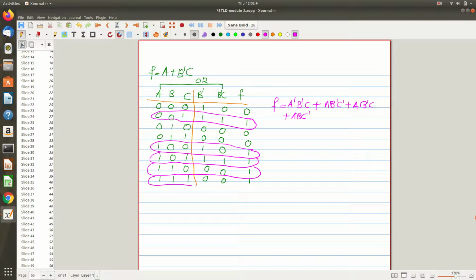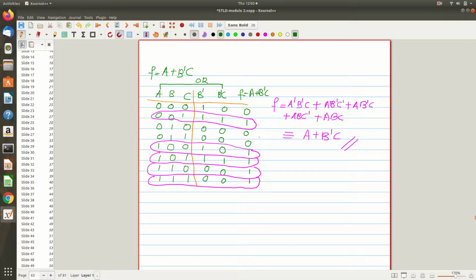Now the last case: you can see that all the instances are like A equal to B equal to C equal to 1. So that is represented by A, B, C. Now I am telling you that this same function, which looks like a somewhat complex expression, is equivalent to A plus B dash C. That is my argument. And I think you got an insight into why it is equivalent, because A plus B dash C is what I have written here. So this F is nothing but A plus B dash C. From the truth table I got the truth value for F, then I expressed F in a different way.